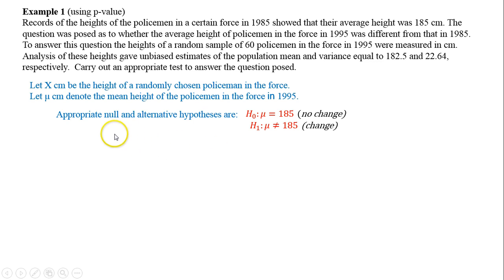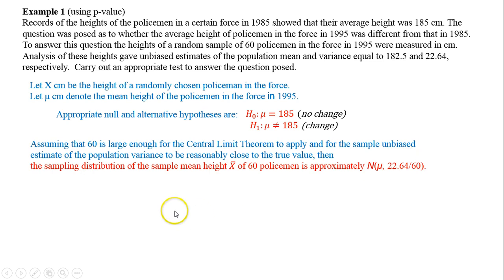So an appropriate null and alternative hypotheses are that mu is equal to 185, i.e. there's no change, against H1, that mu is not equal to 185, that there has been a change. Assuming that 60 is large enough for the central limit theorem to apply, and the sample unbiased estimate of the population variance is reasonably close to the true value, then the sampling distribution of the mean height is going to be approximately normal. It never mentioned normal at the beginning, but being as we've got a large sample,